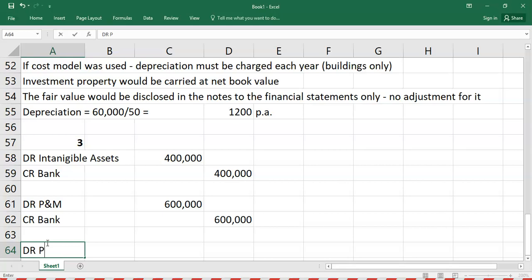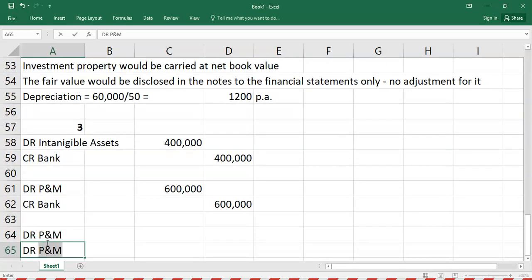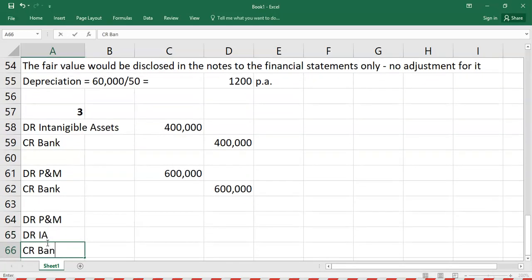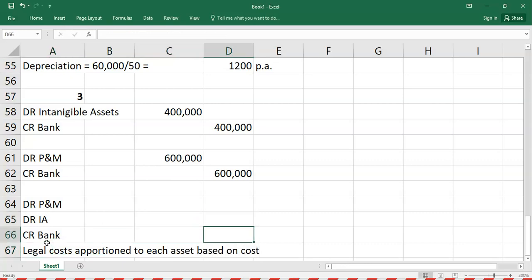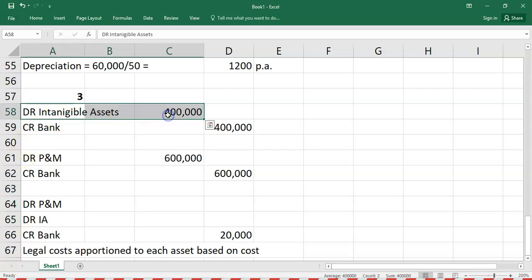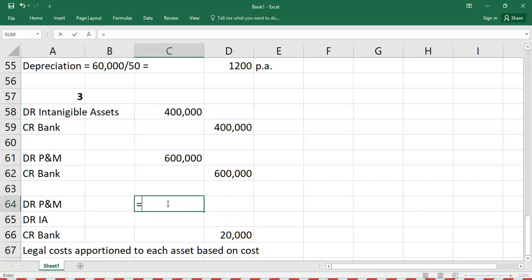So you're going to debit plant and machinery, you're going to debit intangible assets, and you're going to credit bank. And they are the legal costs apportioned to each asset based on cost. So what you're saying here is you paid 20,000 for the legal fees, but they are directly attributable costs. Some of it to the intangible asset, which is the patent, some of it to the tangible asset, which is the machine. So what we do here is we say 20,000